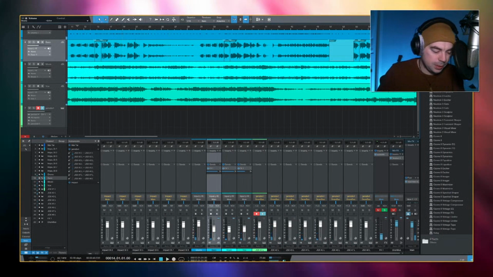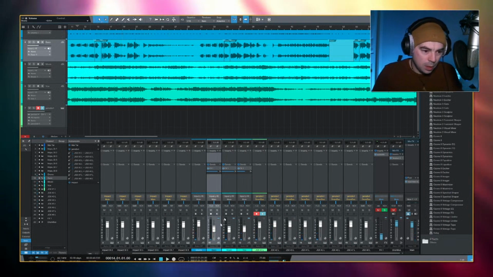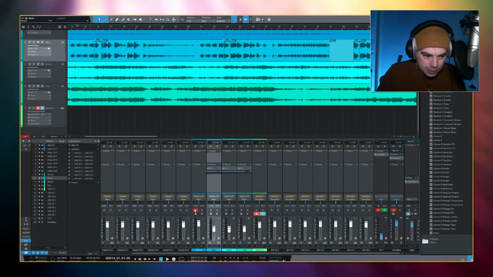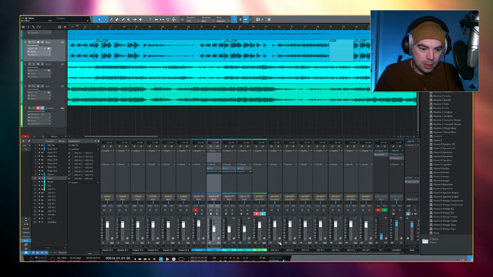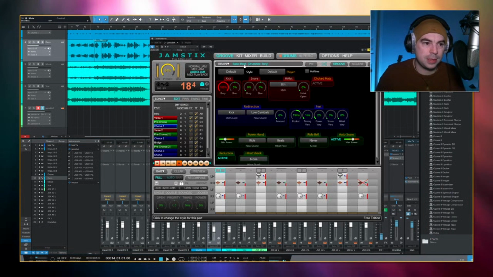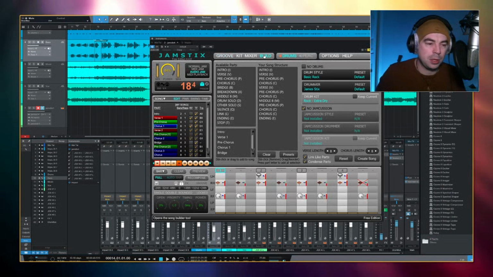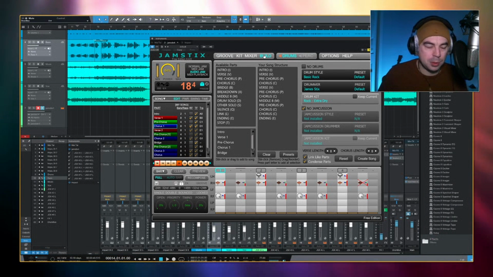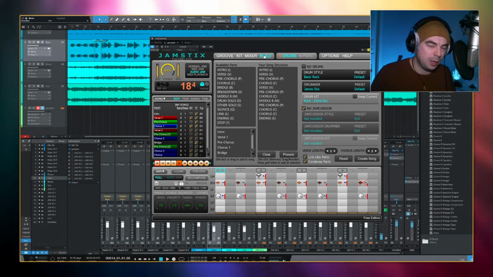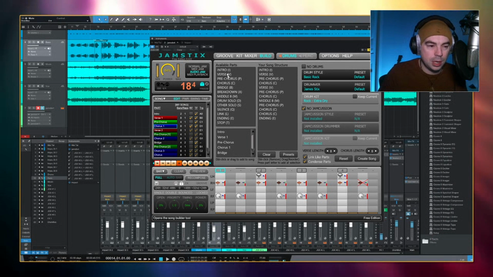Okay, so that is a quick sample of what the finished version of a song sounded like using Jamstix. Now we'll go into the actual plugin itself and show you some basic settings. This is the free version of the plugin, and I'll explain the difference between the free and paid version as we go. This screen here is the song wizard, so you just select the parts of the song, the order,